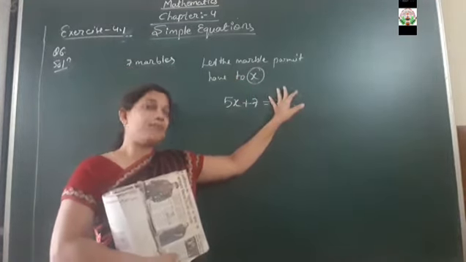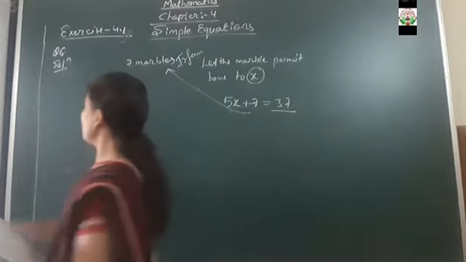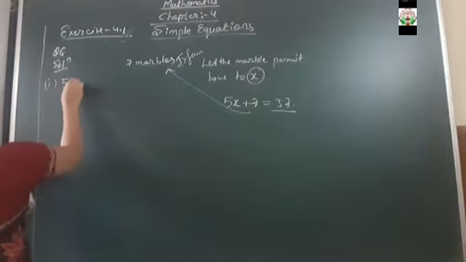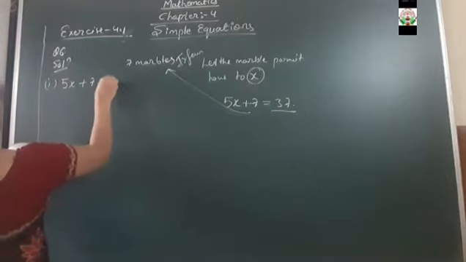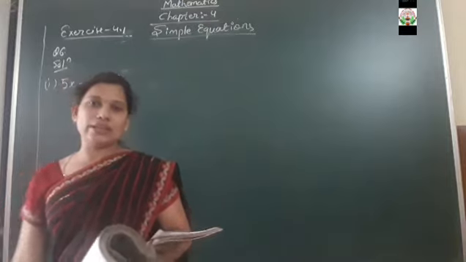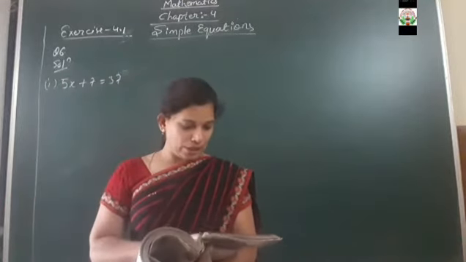Okay, which gives 37 marbles. मतलब इस इक्वेशन को सॉल्व करेंगे तब इरफान के पास टोटल कितने मार्बल्स होंगे? 37 marbles. So the equation created for this question is 5x plus 7 is equal to 37. So dear student, in this way you have to read the question very carefully and create an equation for that. Okay, next,